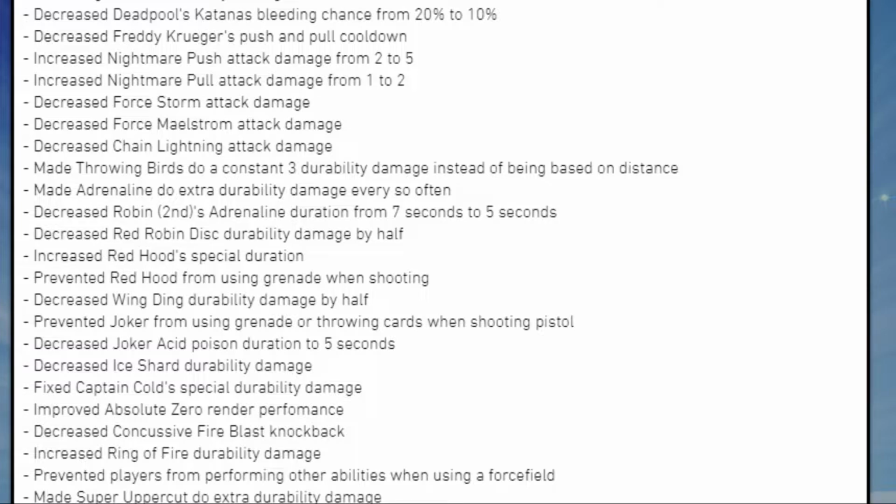Decreased Force Storm attack damage. Decreased Force Maelstrom attack damage, decreased chain lightning attack damage, made throwing birds do a constant 3 durability damage instead of being based on distance, made adrenaline do extra damage every so often, decreased Robin's adrenaline duration from 7 seconds to 5 seconds, decreased Red Robin disc durability damage by half, increased Red Hood's special duration, prevented Red Hood from using grenade when shooting,